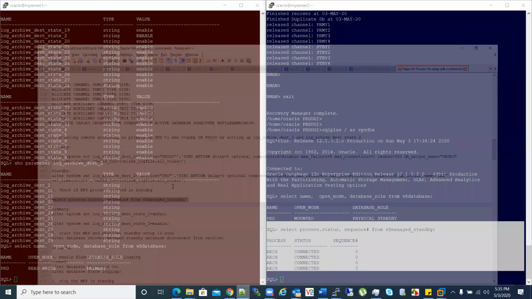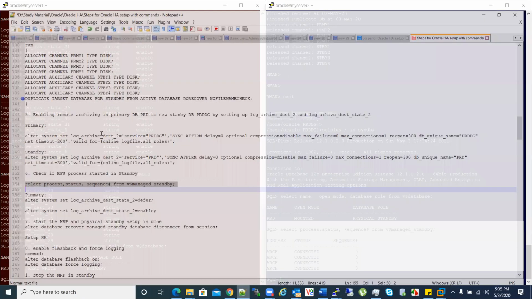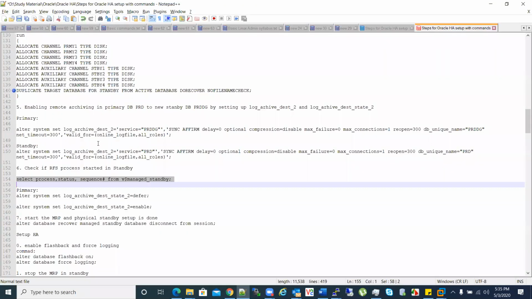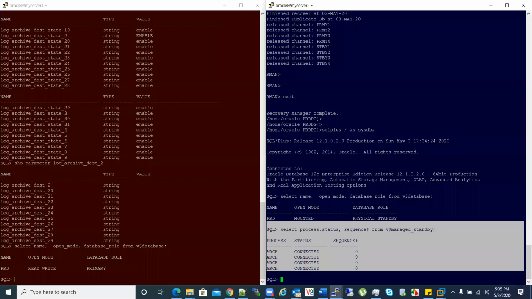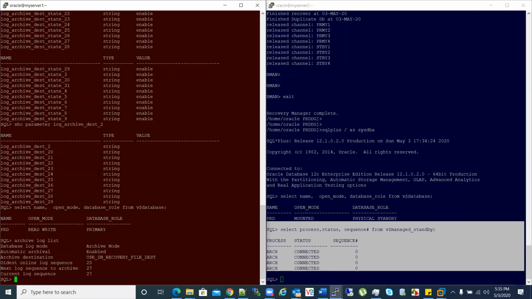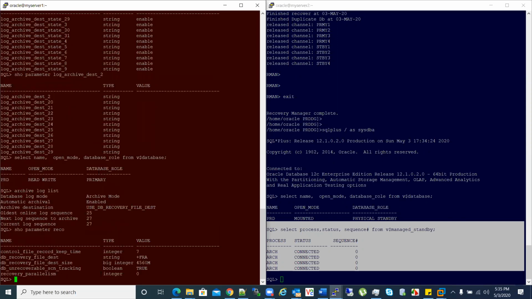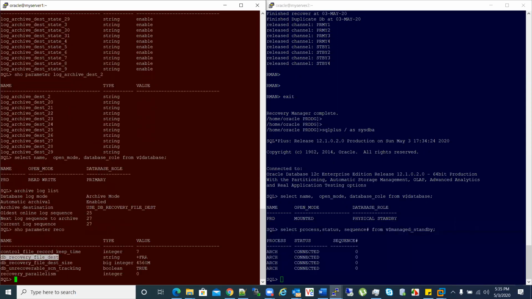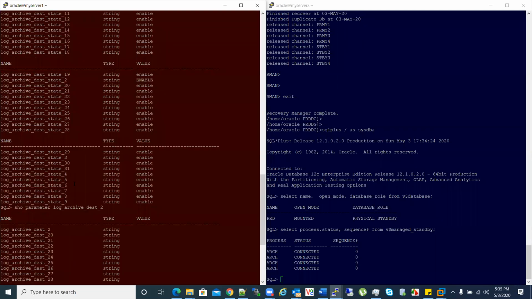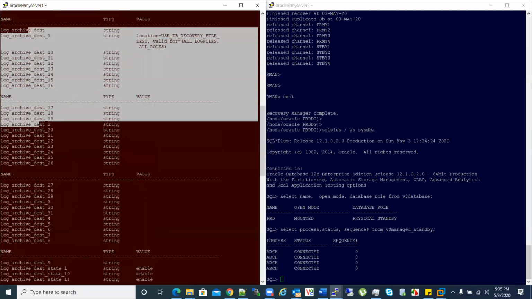Now, it won't ship unless you set the destination in the primary archive log list. If you see here, db_recovery_file_dest is set to FRA, which means if I do alter system switch logfile, the archives will get created in all these archive destinations.